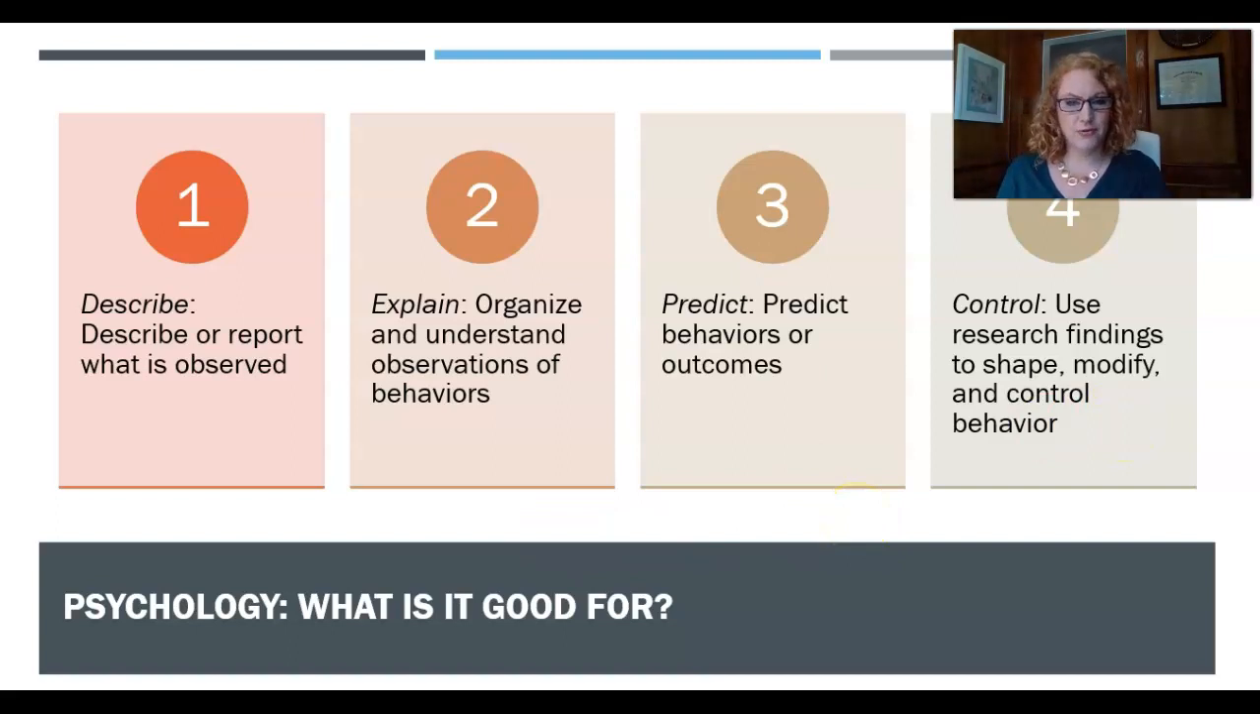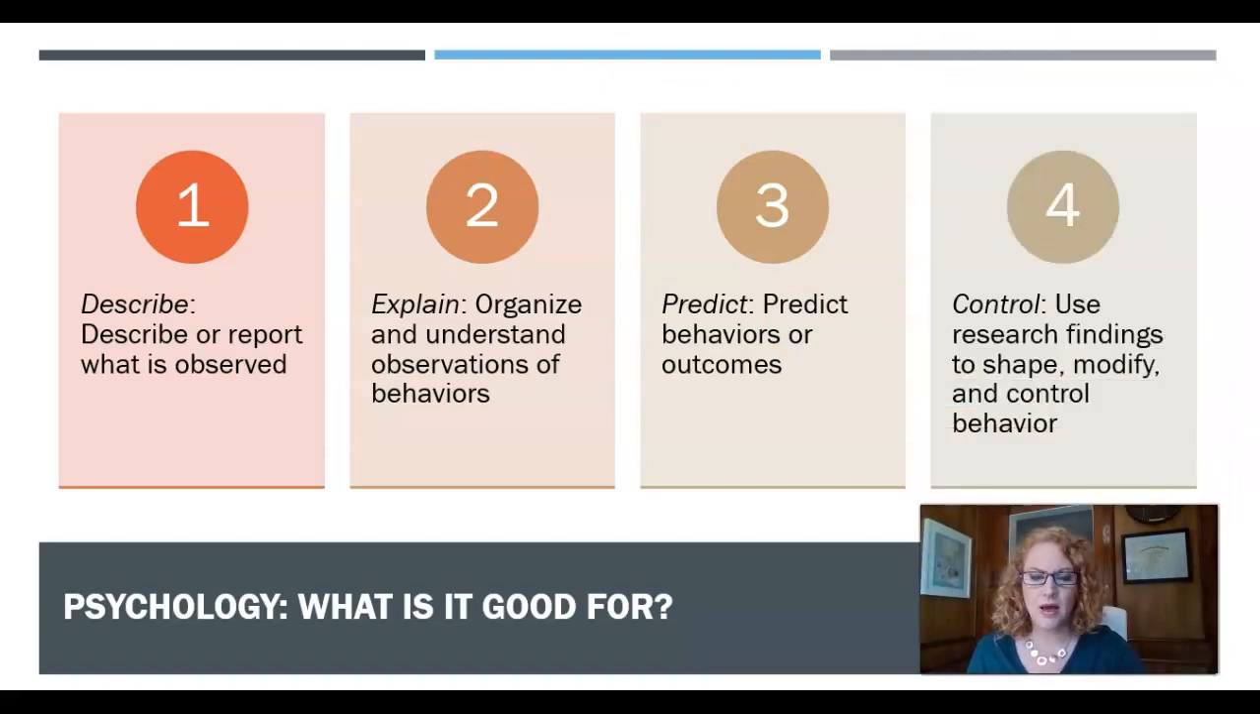Well, we have 4 things that we try to accomplish in psychology. Number 1, the most basic, is we describe. We describe or report what is observed. So if I observe